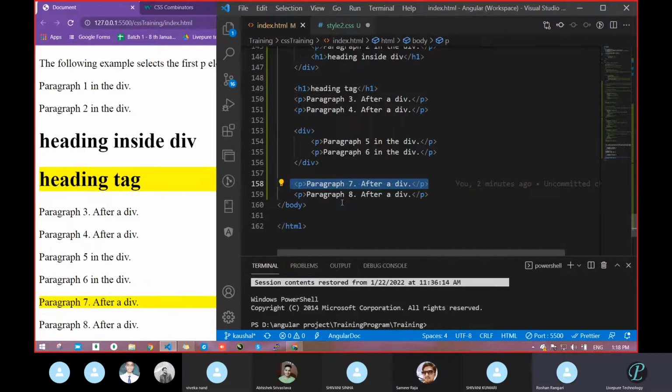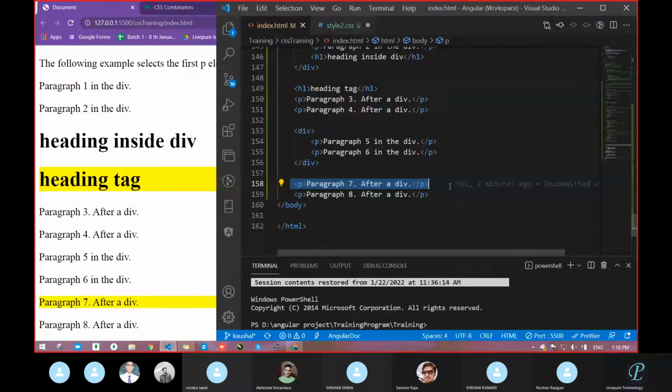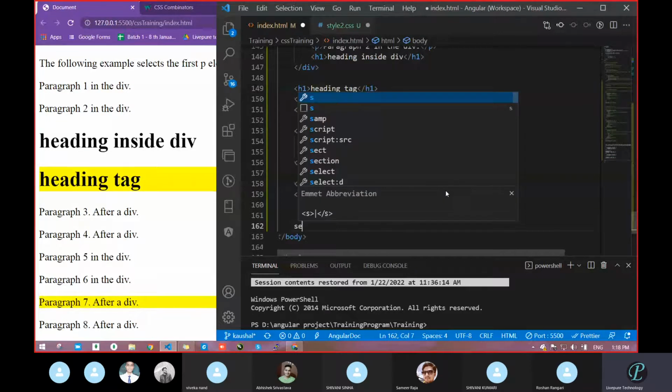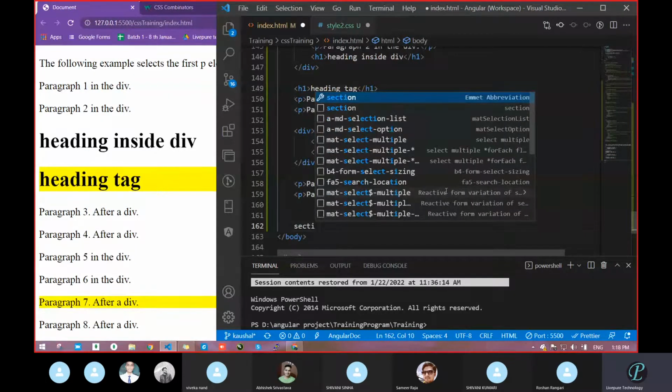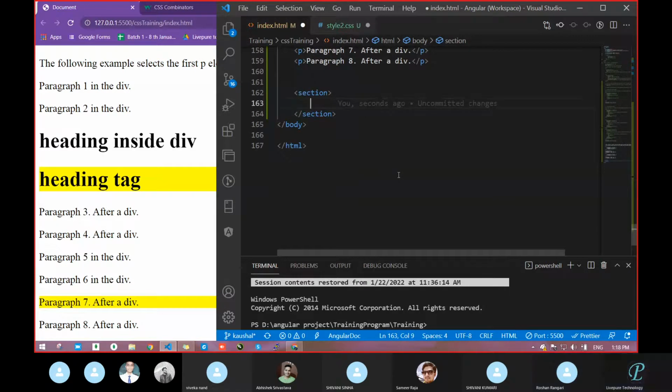You just have to realize one thing: whatever div you had passed, or section, anything. Okay, do one thing. I will take another thing. I will take one section. Now mute, somebody, new noise is coming. I will take some section. Tell me some tag. Shivani, Praful, Roshan, Atul, tell some tag.